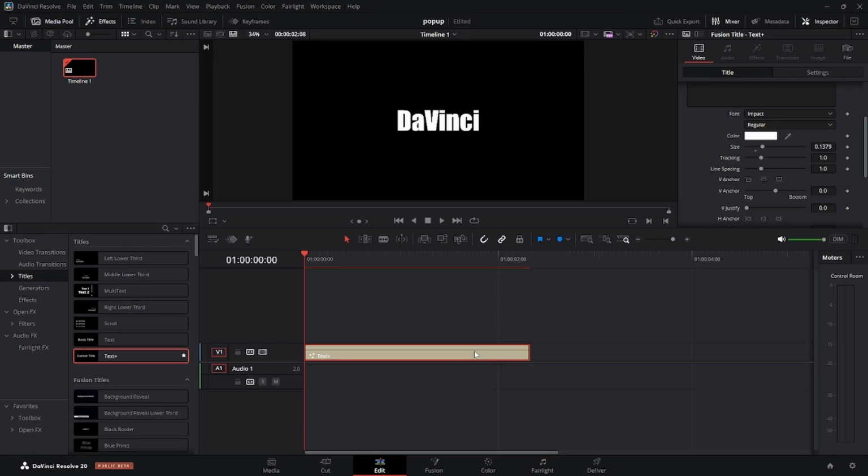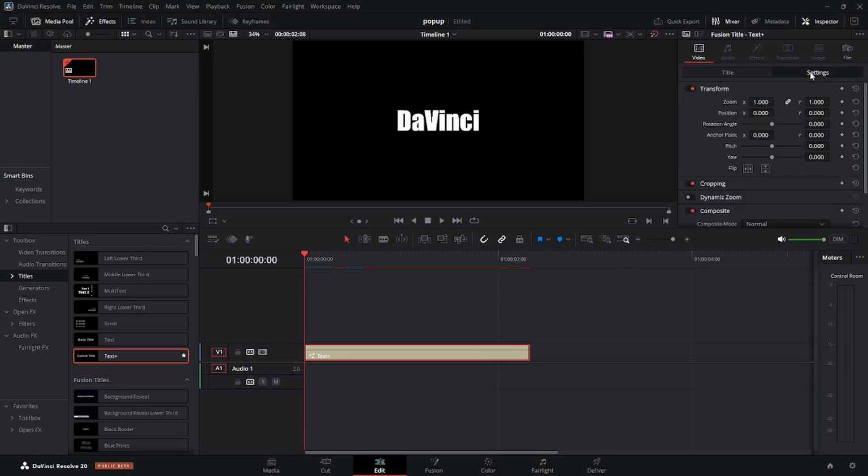Then clicking on it, we're going to go over here to our settings tab. For our zoom, we're going to make sure our playhead is at the beginning, and on zoom we're going to take that right down to 0 and we're going to set a keyframe. Then we're going to move ahead 3 frames and do that with your right arrow key. 1, 2, 3. We're going to go back up to zoom, type in 1.25,